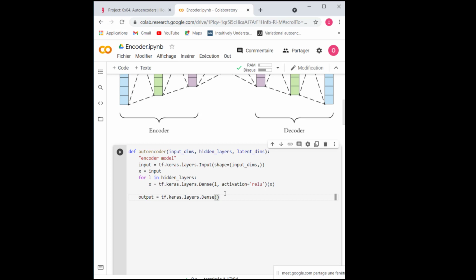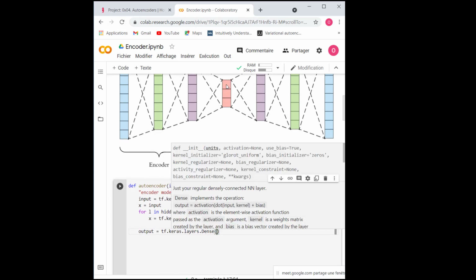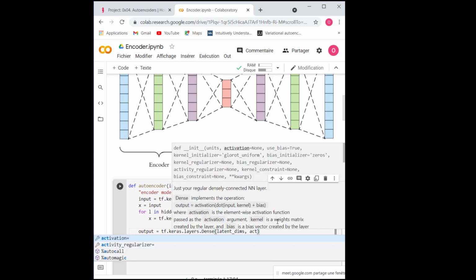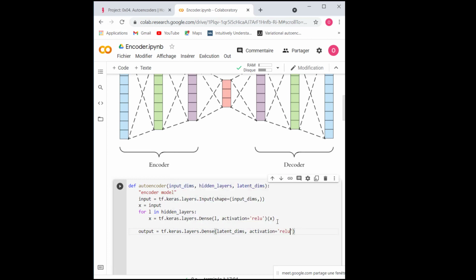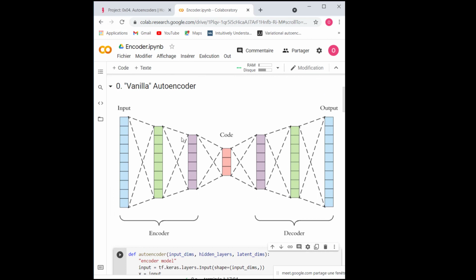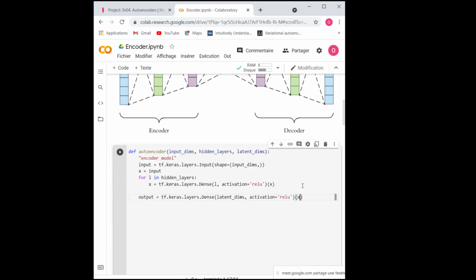The latent dimensions are the dimensions that I wanted in the center hidden layer, so I have it as an argument here. My activation will also be the ReLU activation function. This one will take my last hidden layer. So this is my encoder: I have my output, and then my latent dimension as output.